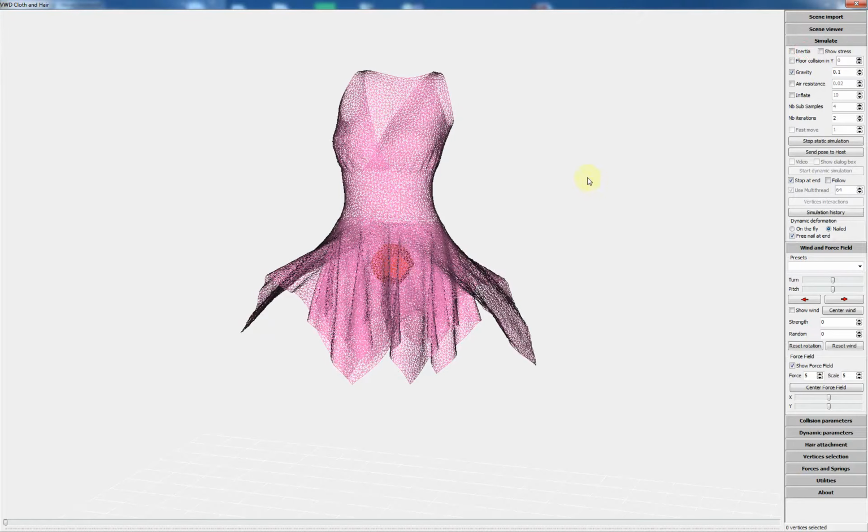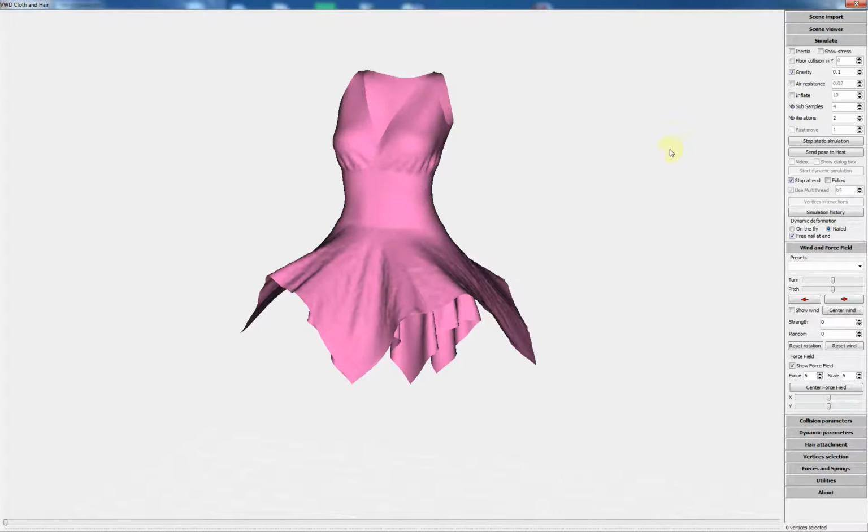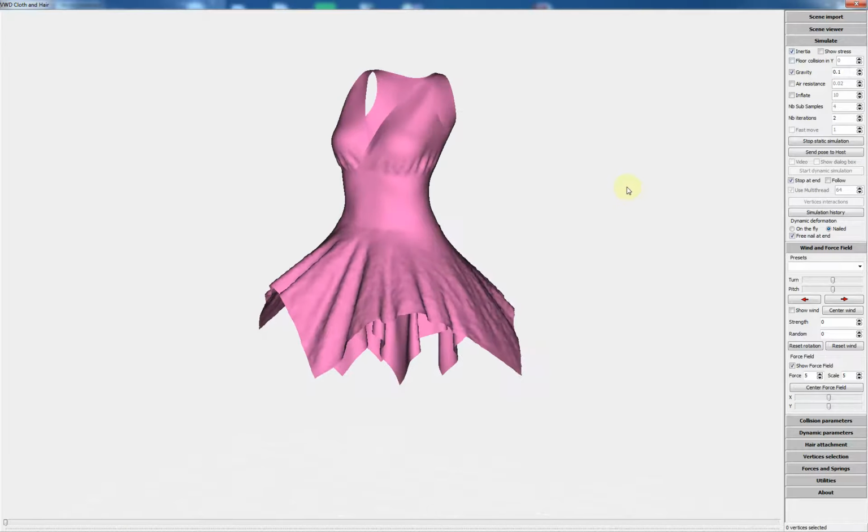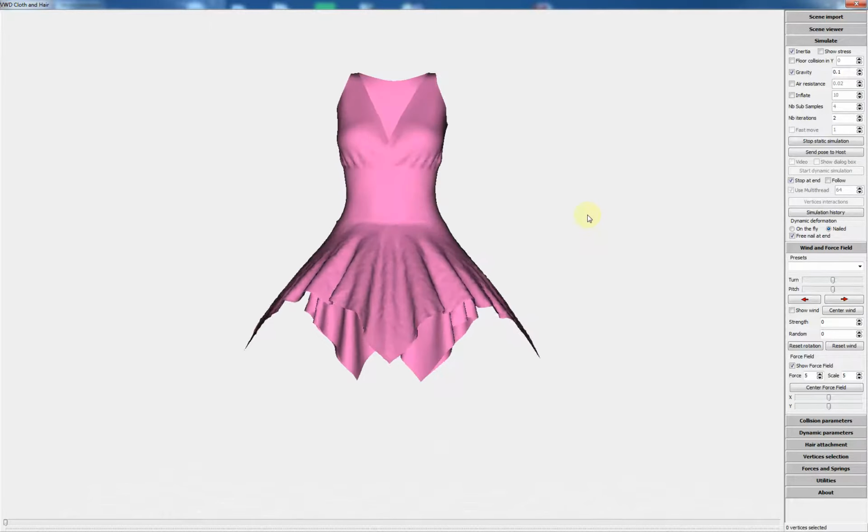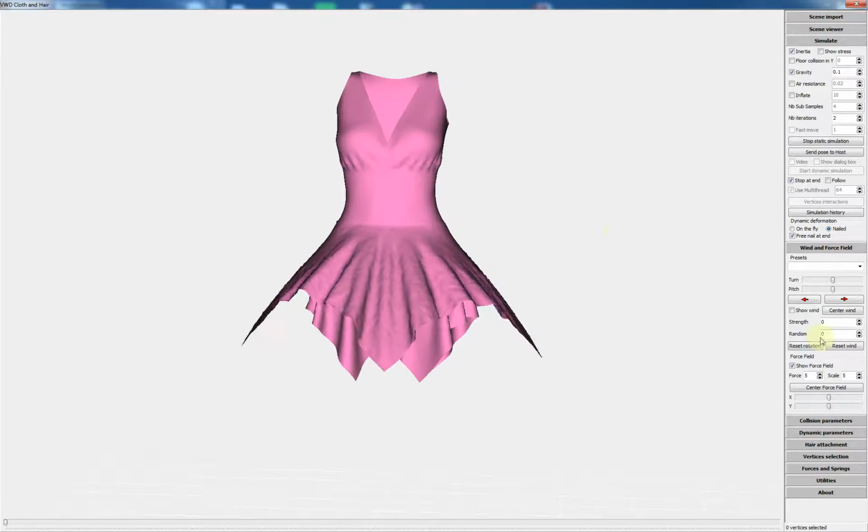I remove the line, the display with the line, and I try to find a good stability for the outer part of the dress.